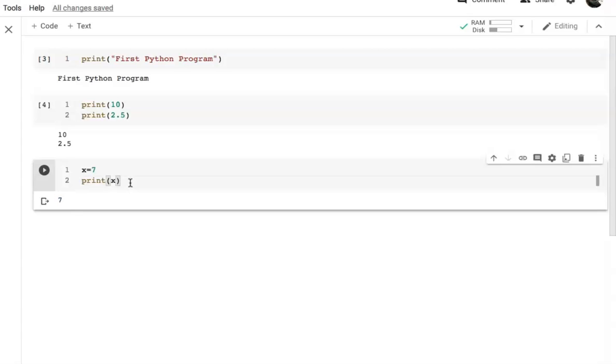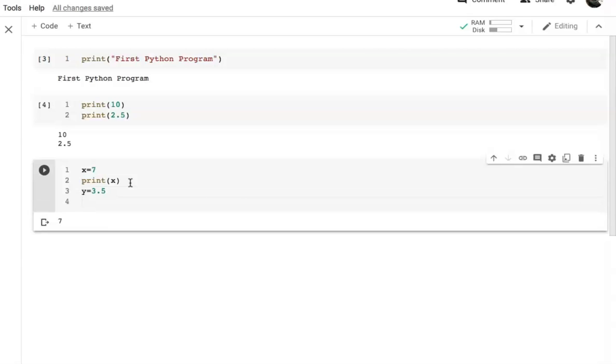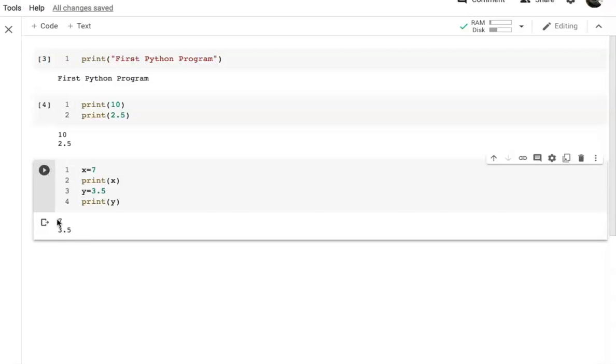Now I am going to take another variable y in which I will assign some fractional value, suppose 3.5. Press enter and print this variable y. When you run this, you will get the output 3.5, which is the value of variable y.